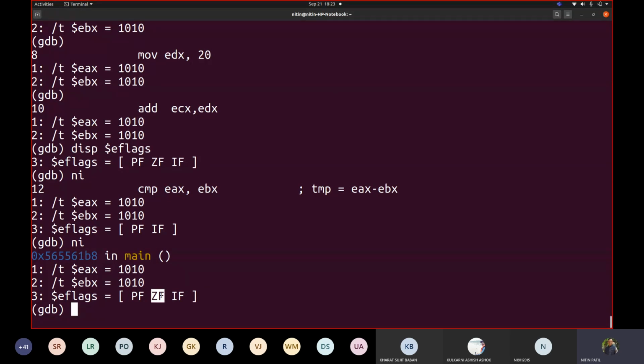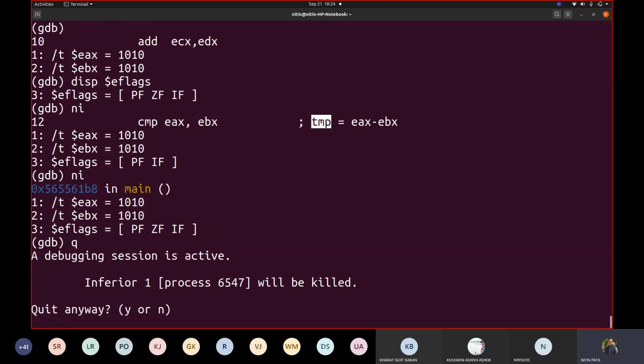CMP actually subtracts, but it doesn't store the result of subtraction in the register. So there is a temporary location or temporary register that it internally makes use of to hold this comparison. Fine. So recall, in a programming language you write a greater than b, for example. So you say if a is greater than b, then you write code. If a is greater than b, then what should happen? Ultimately this works with subtraction only. These comparison operators do work with subtraction. So in today's session we will try to write a program which computes factorial.